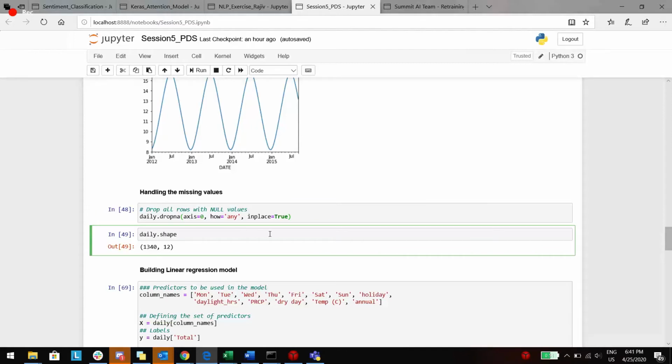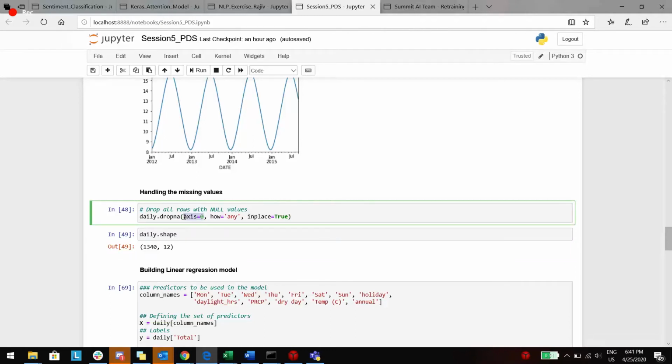That is the reason we are dropping the missing values. And axis 0 means we are dropping rows. So always remember that axis 0 is the rows and axis 1 is the columns. And if there is any missing data, drop that entire row. That is what we are doing here.